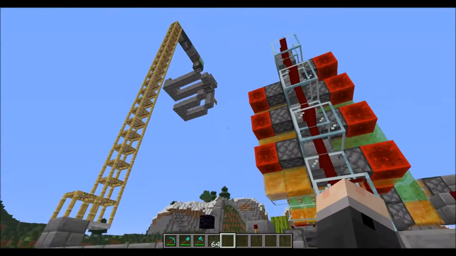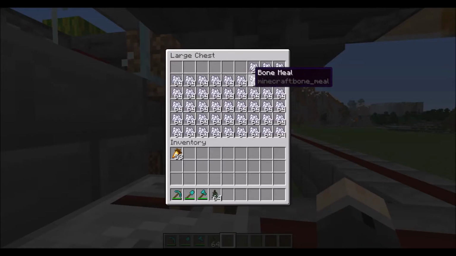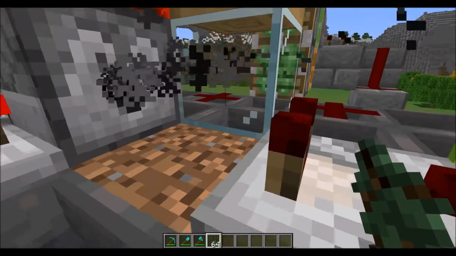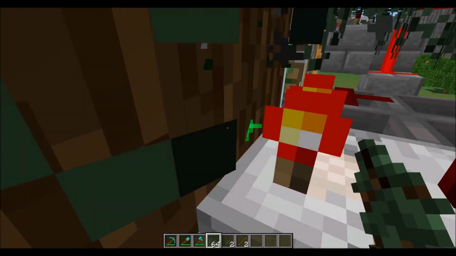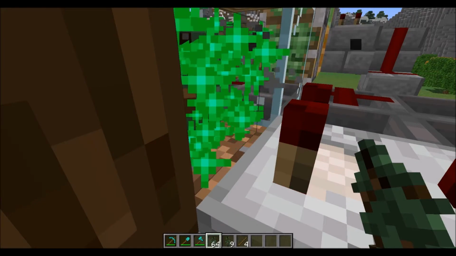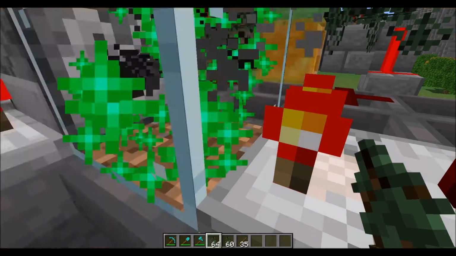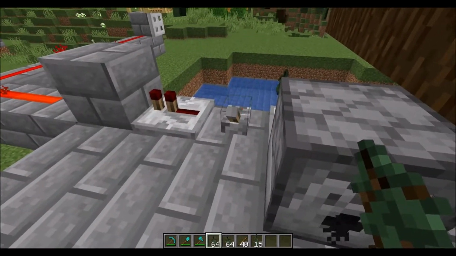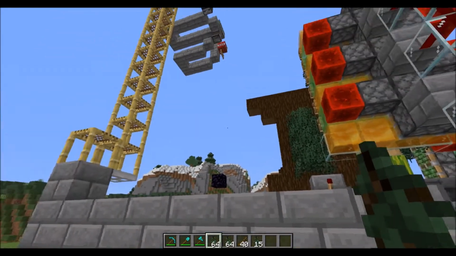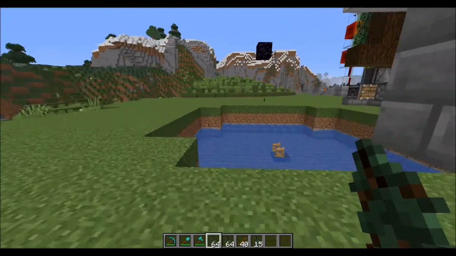So we've now loaded our dispenser with TNT, and we also have bone meal in each of these droppers and in our double chest. Now we can come up here, turn the system on, and then just stand here placing saplings. As they get pushed out the way, we'll hear the TNT exploding and breaking the logs. And there we go, we can see that we've got enough saplings to keep it going as long as possible. So you will just have to make sure you have enough TNT and bone meal, and you will produce thousands